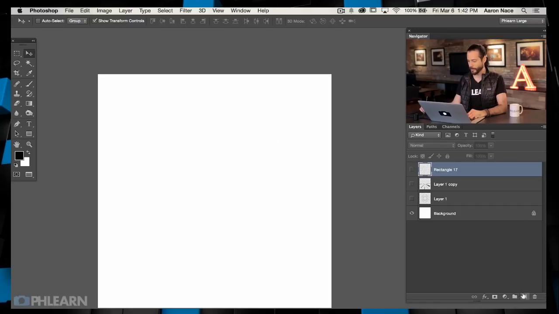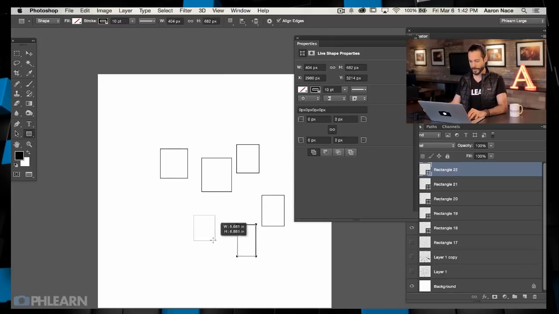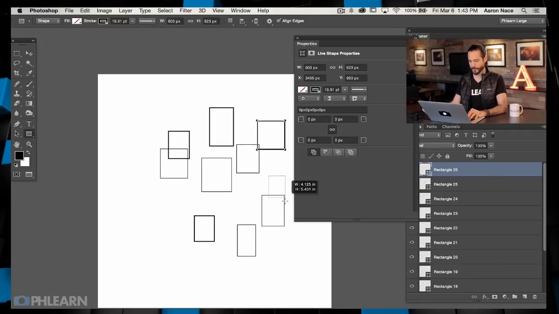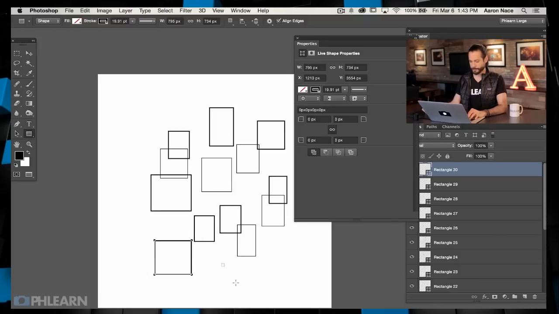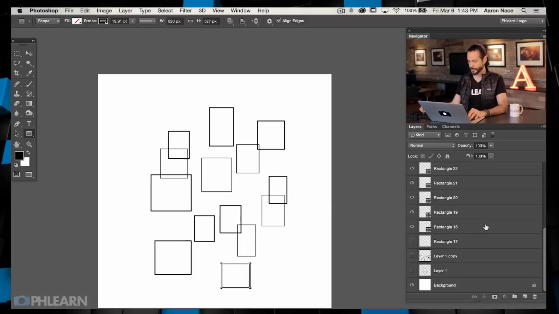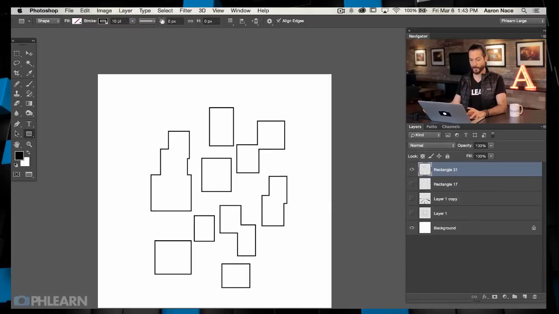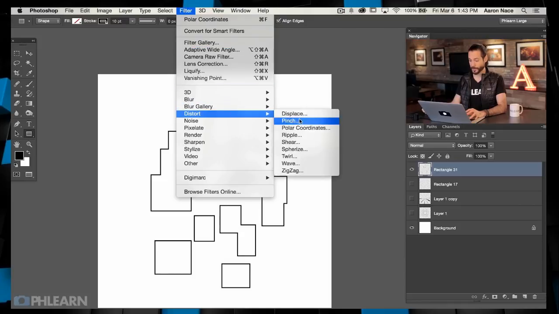All right, that looks cool, but you know what? I want another one. So we're going to create a new layer here and do this again. This time, bring the stroke up, about 20. Same thing we did last time. Let's go ahead and shift-select all these, merge them together, and rasterize them, and then we'll go to Filter, Distort, and